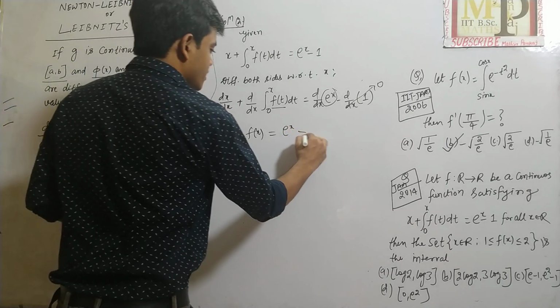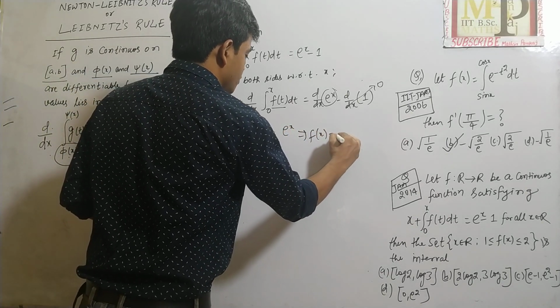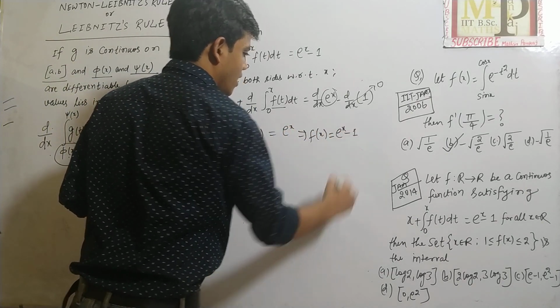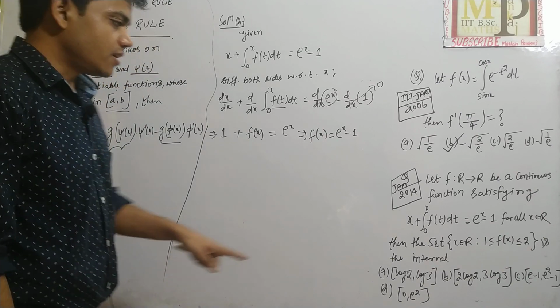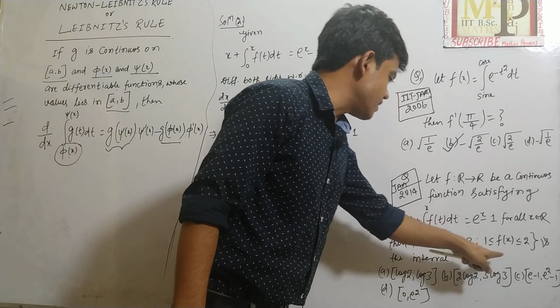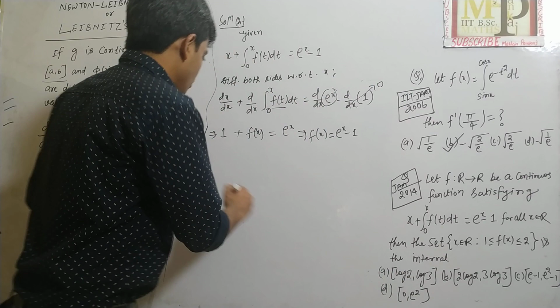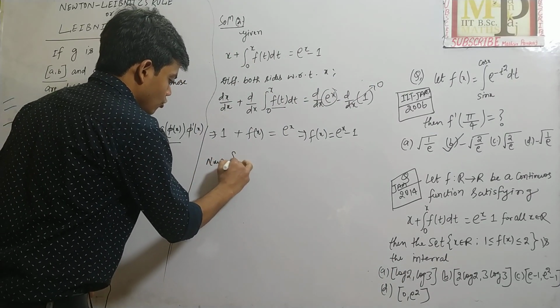So you have what, you have f(x) is equals to e to the power x minus 1. Now in this set you can see, now we have to see